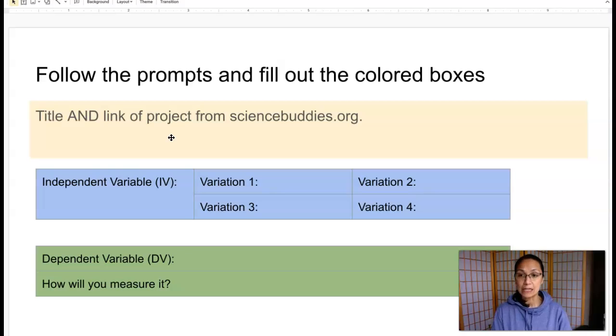Figure out what your independent variable is, the one thing that you are changing, and 4 different variations. And then figure out what your dependent variable is, what you're measuring, and how you're going to measure it. So hopefully you already have it in your notebook, but if not, I'll walk you through it. So going to